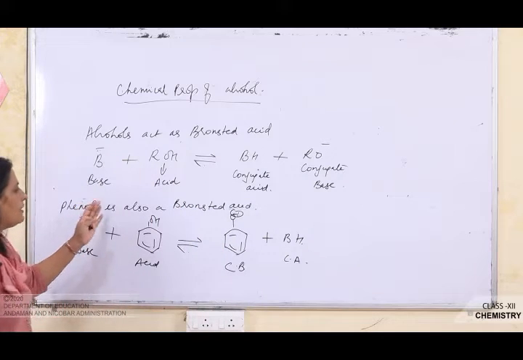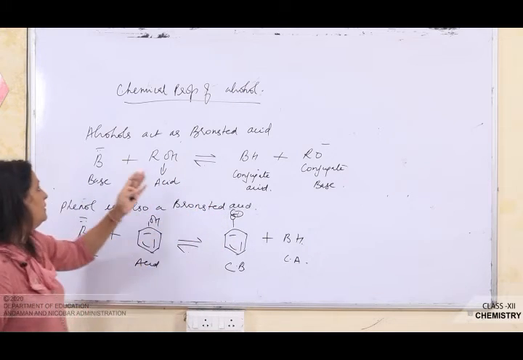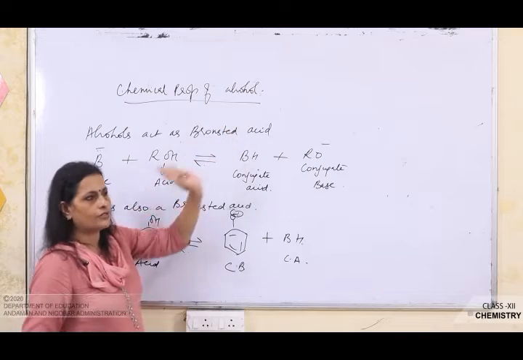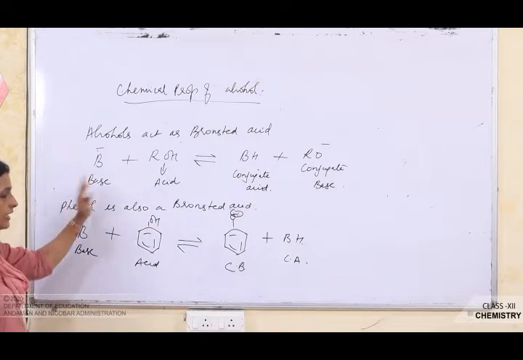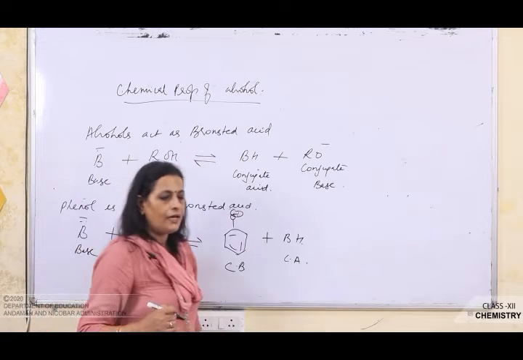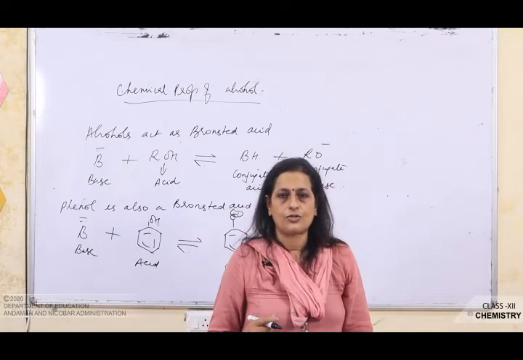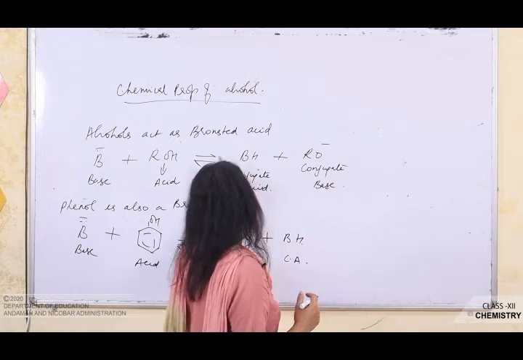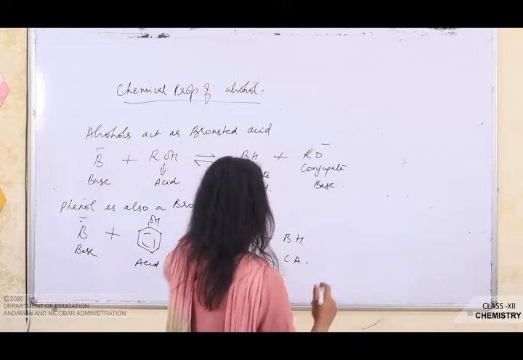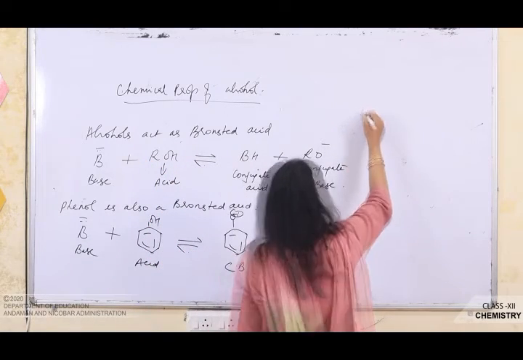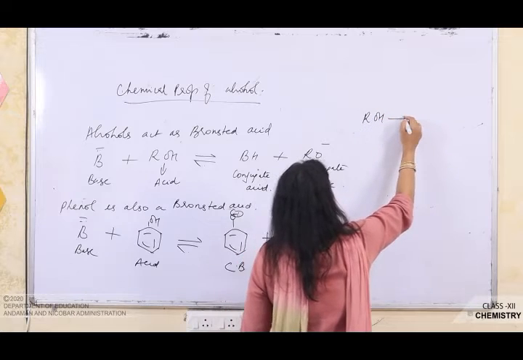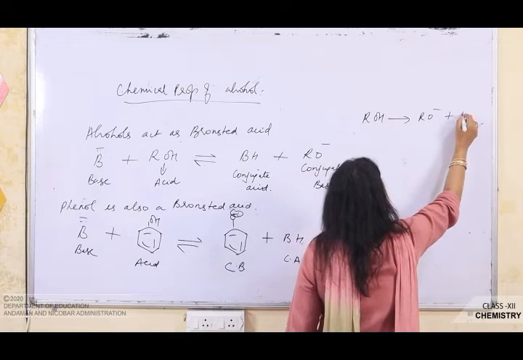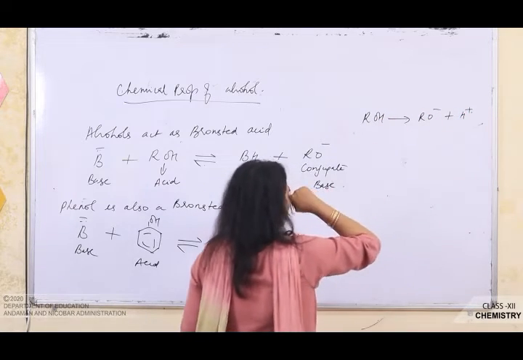So, what can you say? Phenol also acts as Bronsted acid. Alcohol also acts as Bronsted acid. So, both these concepts are clear. Now, let us compare the acidic character of alcohol and phenol. This reaction I have written. Now, next you see here, alcohol gives you RO minus plus H plus. Next step you see here,